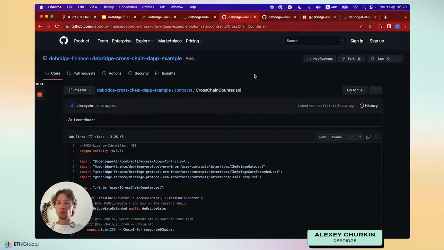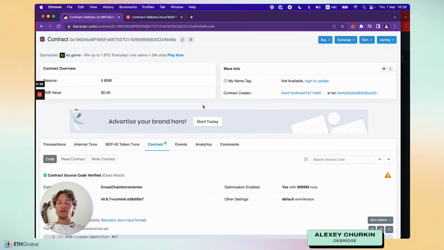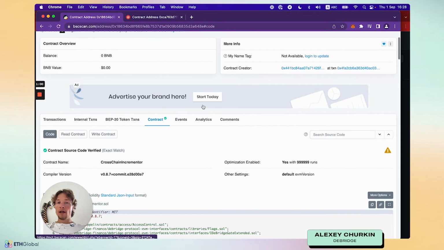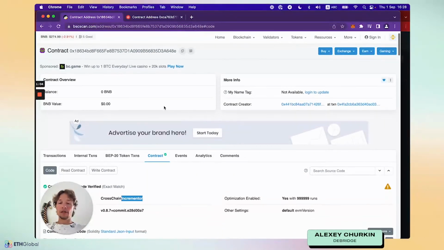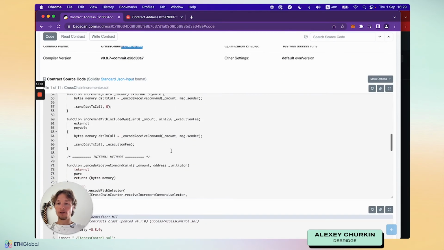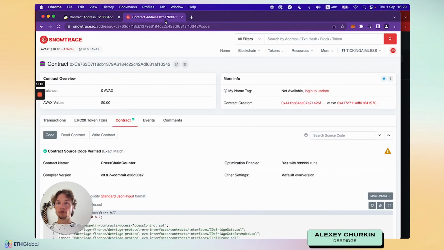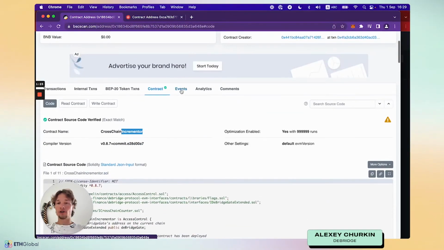Let's go to Etherscan. I deployed and verified the source code of this contract. So I deployed the incrementer contract to the BNB chain. You can see the verified source code here, and I deployed the counter contract to the Avalanche. Let's try to perform the call. So I go to the incrementer contract,